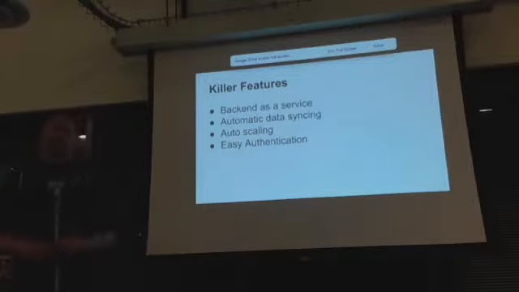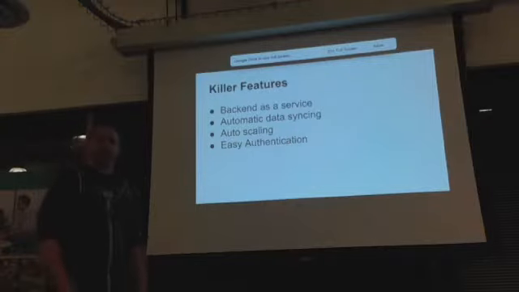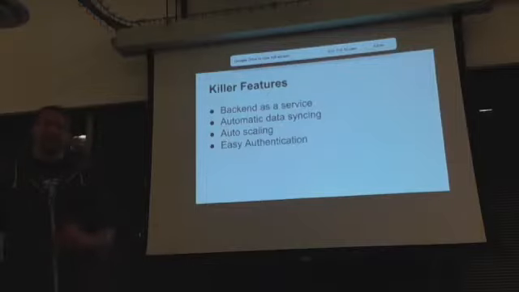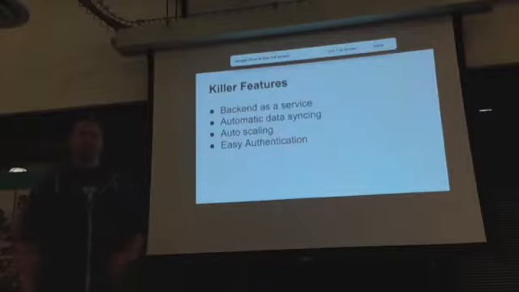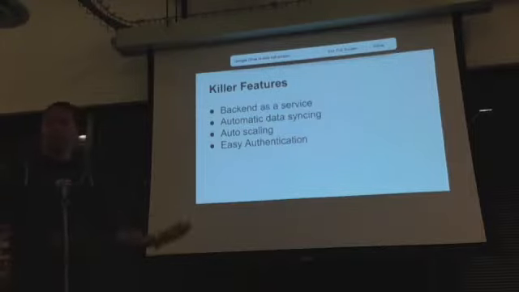Another really cool feature that it has out of the box is this concept of automatic data syncing. Let's say you have multiple people that have your application open, and someone makes a change maybe to some inventory field, how many products are remaining. The other people that have the app open are actually going to see that data update in real time. To do that without Firebase, you'd have to use something like Socket.io, or if you're familiar with Meteor, Meteor allows you to do that sort of functionality. Firebase does that for you.